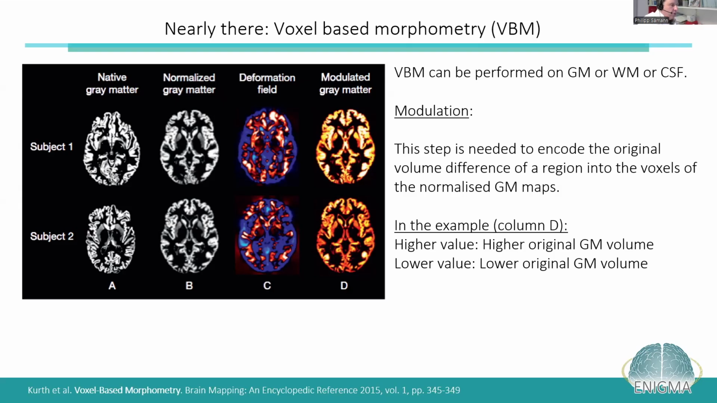To account for this warping step, there is another step needed, referred to as Jacobian modulation. It's a statistical step that re-enters the volume change that you produced during the warping into the final voxel. So in the end, a voxel that is brighter in the normalized image indicates a higher original gray matter volume. And these modulated maps can then be compared statistically,